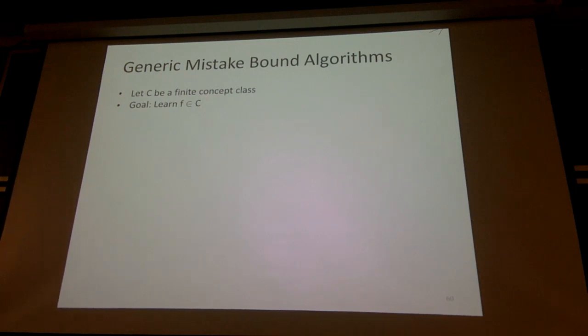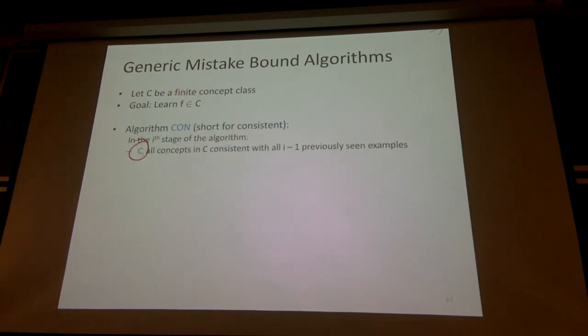But before halving, I'm going to talk about another algorithm that we saw in the last lecture, and this is the last thing we saw, so I'm going to repeat this. Let's say we have a finite concept class, and this, you will see very soon, becomes important. We don't have access to the true function, but we know that the true function is inside this concept class, that's f. Our goal is to learn it. We'll look at this algorithm called con,